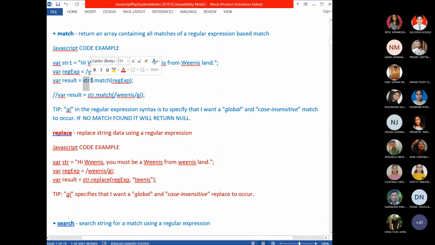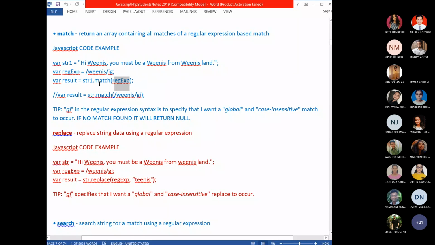But inside the match string method, as a parameter, we are using a regular expression object. If anybody asks what the parameter of the match method should be, you should say it should always be a regular expression.